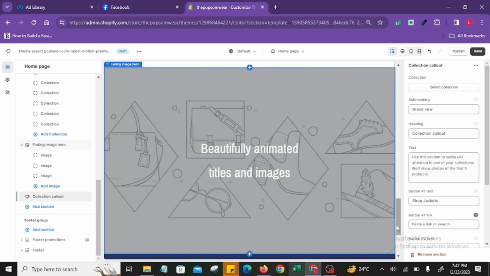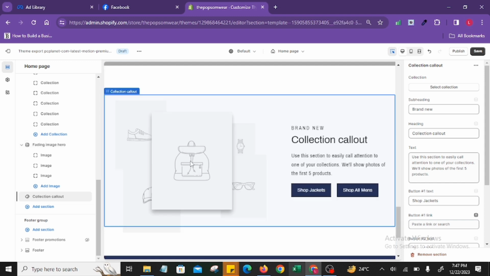Let's see it display now. Here you can just select a single collection. You understand? So after you select the collection, it will call out the rest of the products at the back. As you can see, shoes, scarves, wristwatch, sunglasses, and bag. You can see how it calls out the products. That's why we call it collection callout. I guess what I'm saying. So now the next section you're going to add after adding the collection callout is the large image